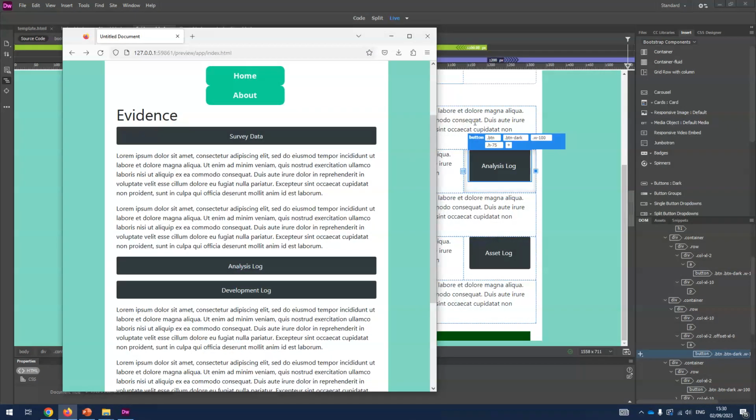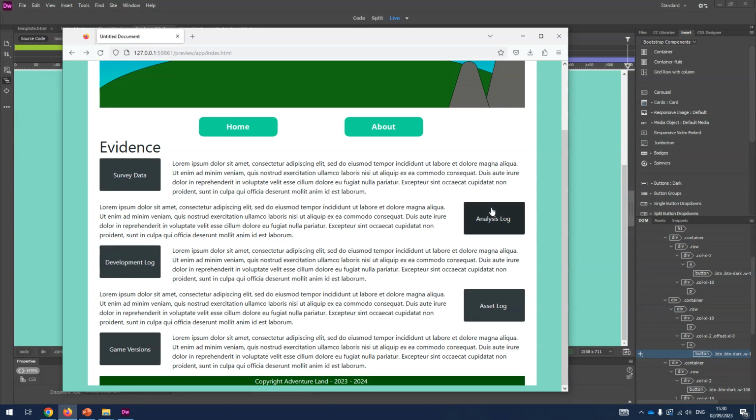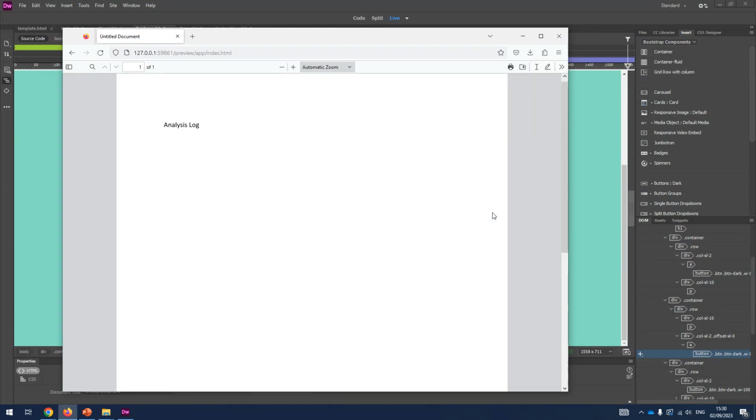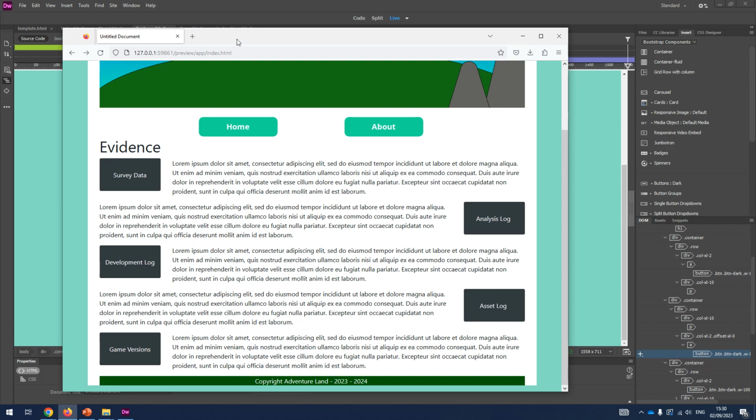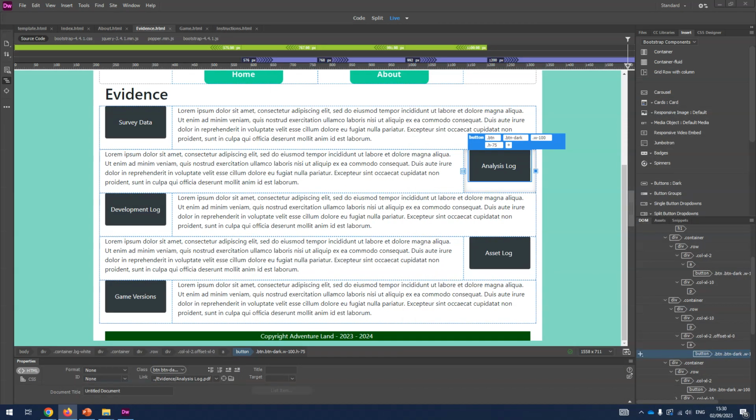Okay, so this is my preview. If I click on the analysis log, look at what's happened. It's basically taken the place of my website. So I don't really want to do that, because what I want is people to still be on the website, and I don't want them to have to click this back button all the time. So in order to circumvent that, we're going to use this target down the bottom here, and we're going to say